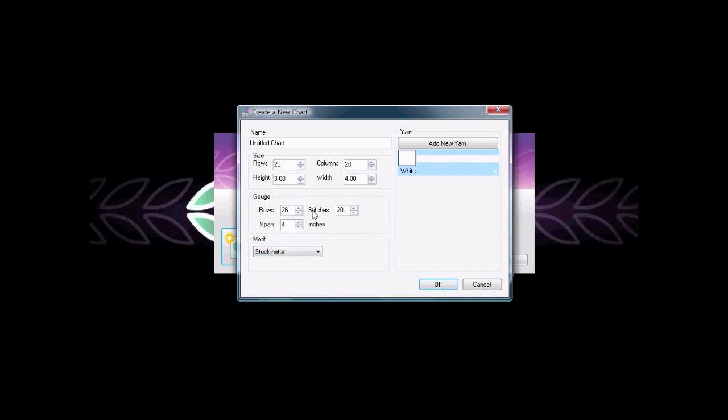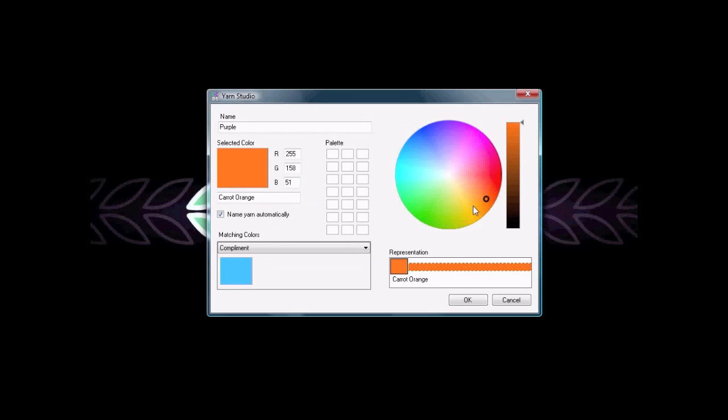Now I've done a gauge swatch, so I want the gauge to be 24 rows by 24 stitches over 4 inches. Also, I would like the background yarn color to be purple, so I double click on my default yarn to edit it. And I can select the color from the color wheel. Also, I can just type in the name of the color here,